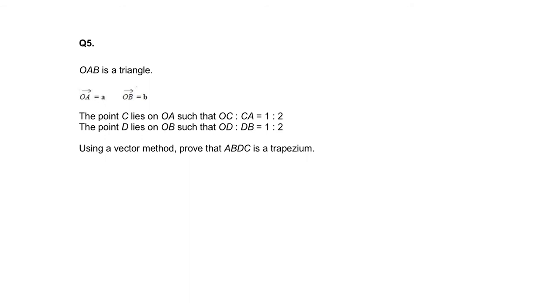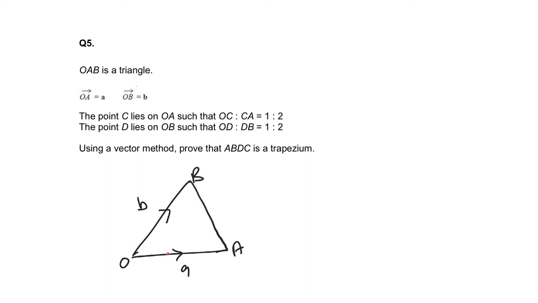Ready, set, go. Okay, so for this style of question, I suggest drawing the triangle. OAB is a triangle. OA is A. OB is B. The point C lies on OA such that,